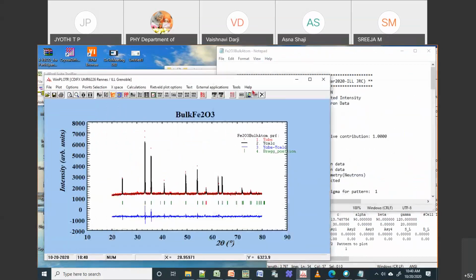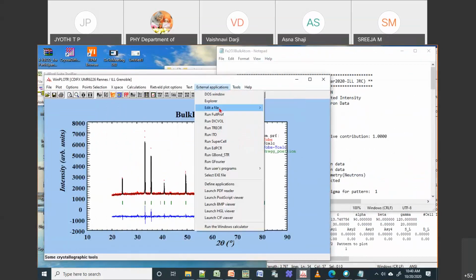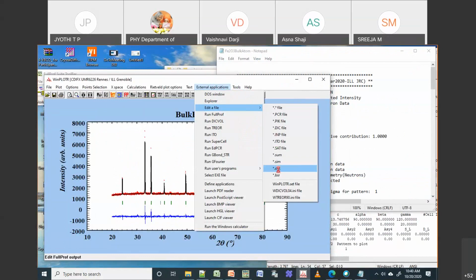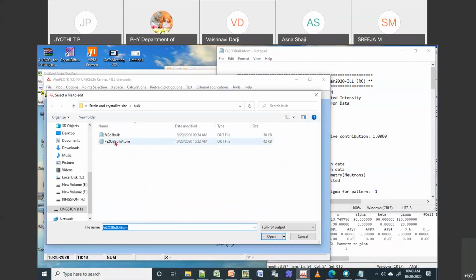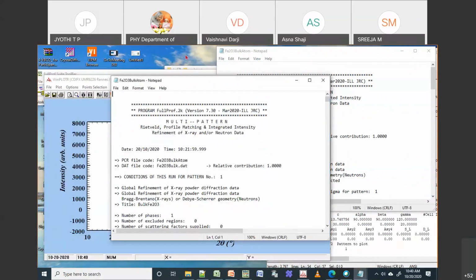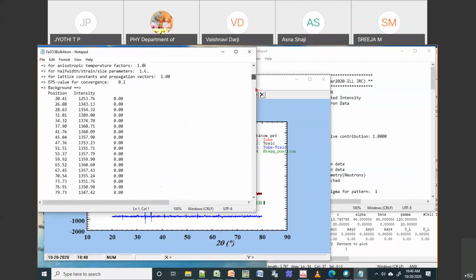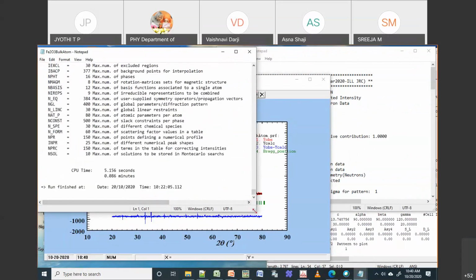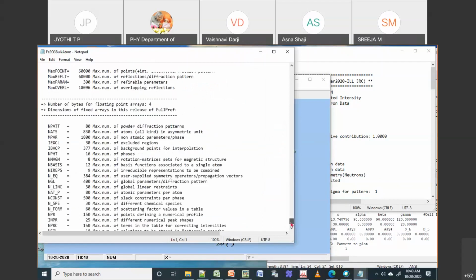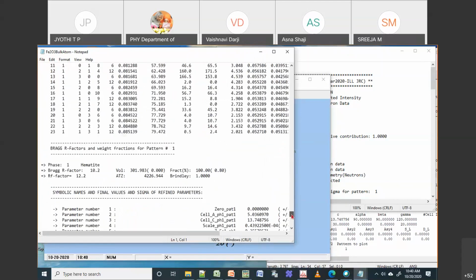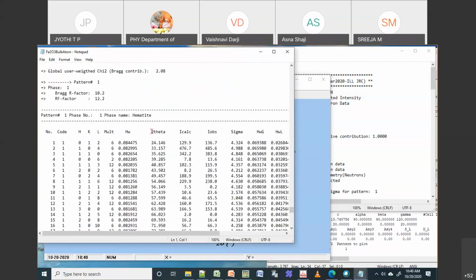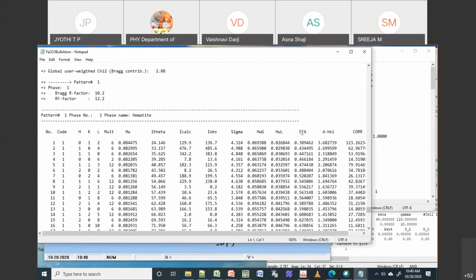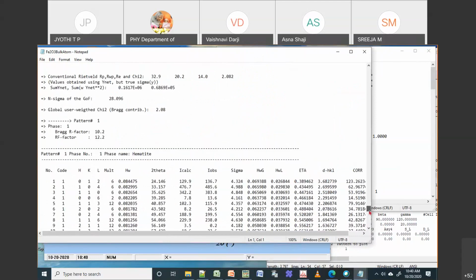profile, sorry, your Rietveld refinement. In the same way, I can also open for out file, out file. So this is a different file. So you can get more information about the fitting parameters. Okay. So you can go here. If you go here, you will see what are the fitting things it has done. Okay, and it will also give your full width half maximum, sigma, 2 theta calculated things. Okay, so these things would be used for crystallite size calculation. So I will show that also in a while.